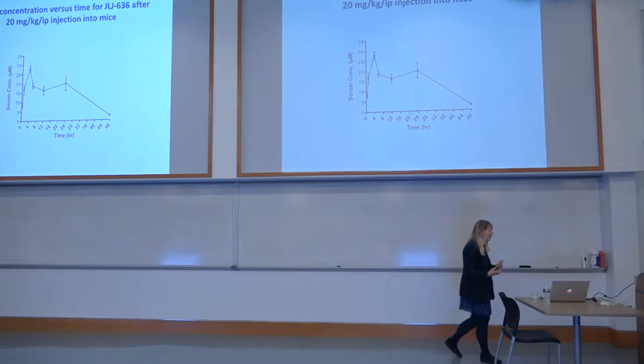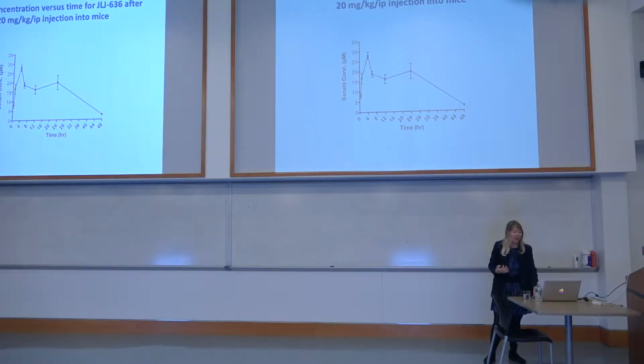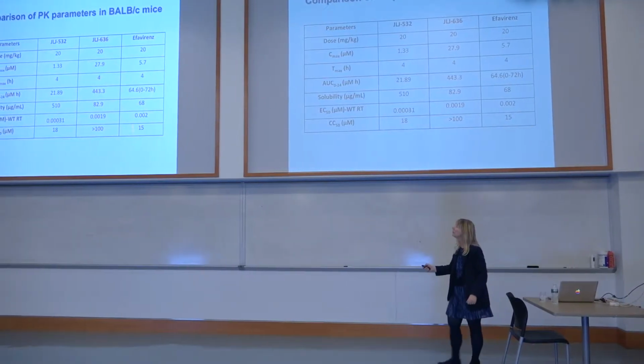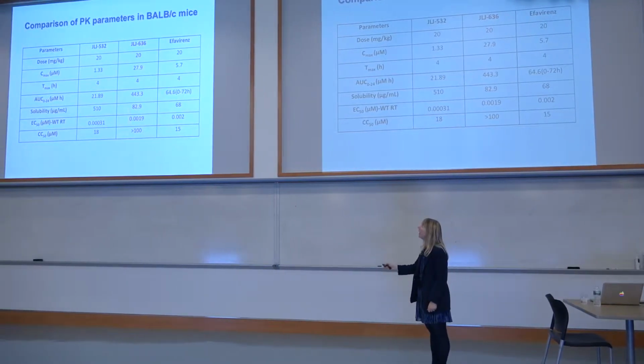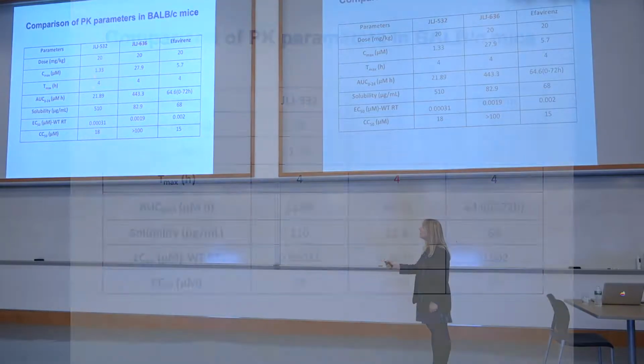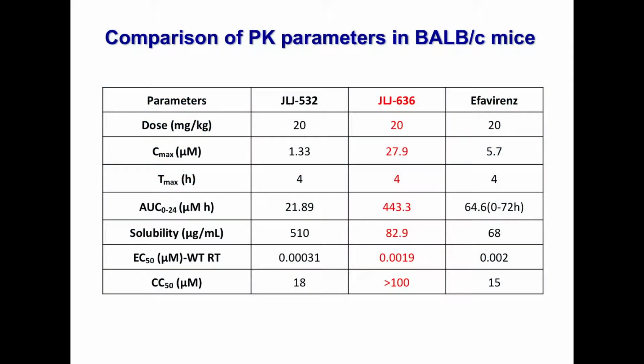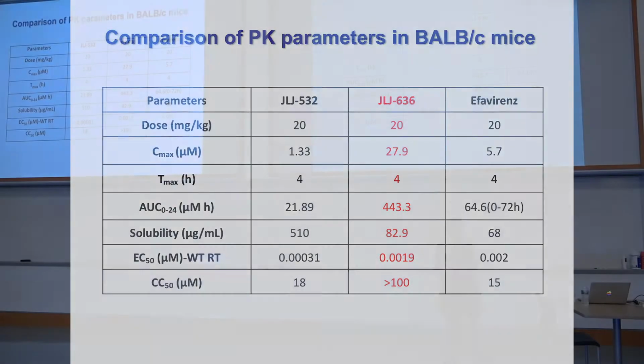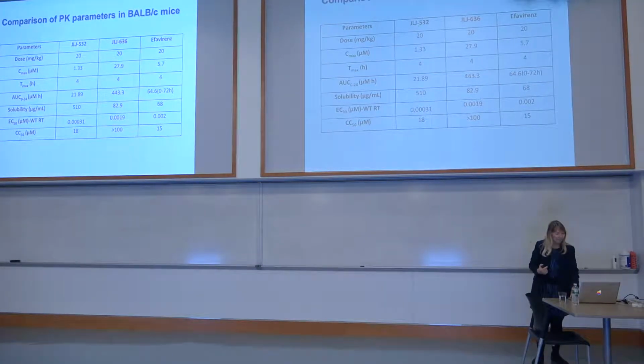So we were excited about this, and we compared it with ephedrins and also with our other compound, the 532, which is a cyanovinyl derivative that's also very potent. And it really checks the boxes in terms of its nice pharmacokinetic parameters. So this told us that it was a good starting point for thinking about further development of the drug. And we also looked at the off-target effects, and those also seemed very good.